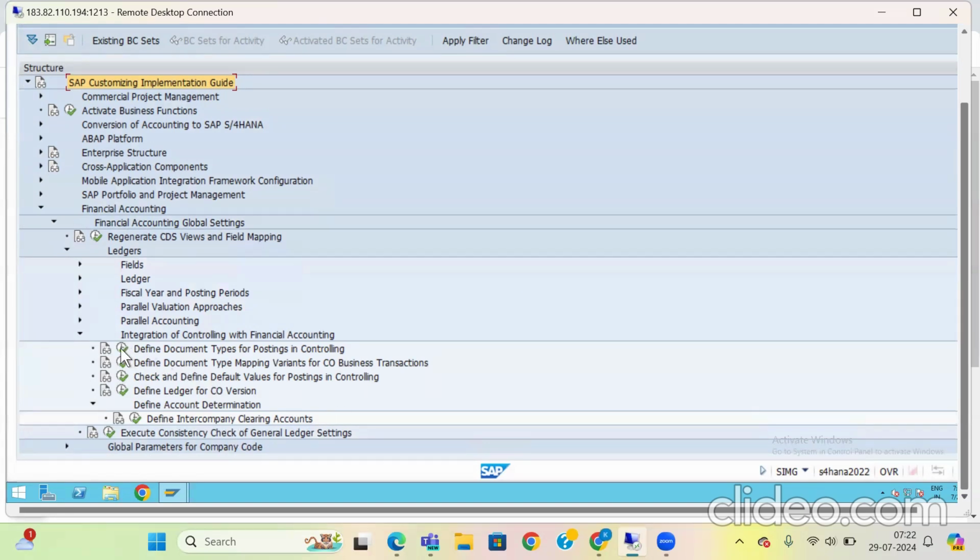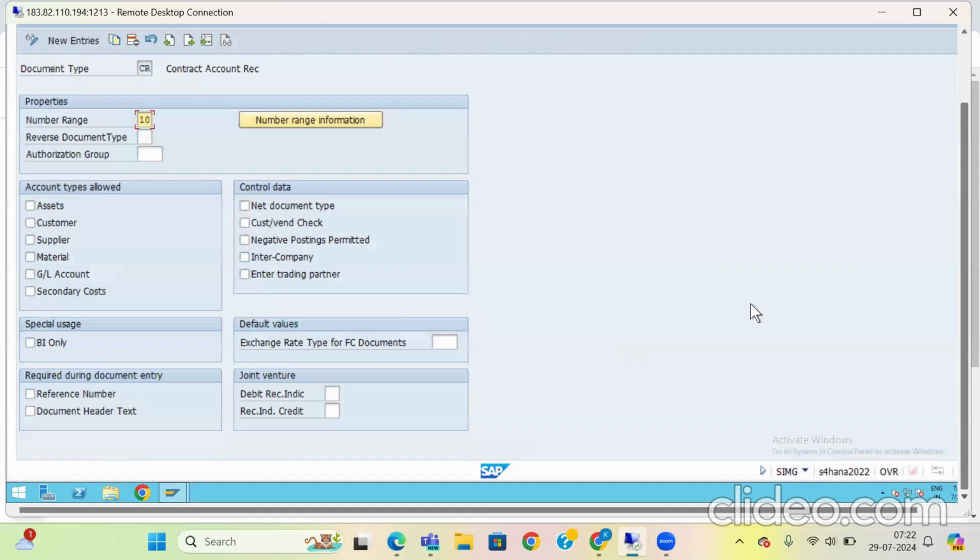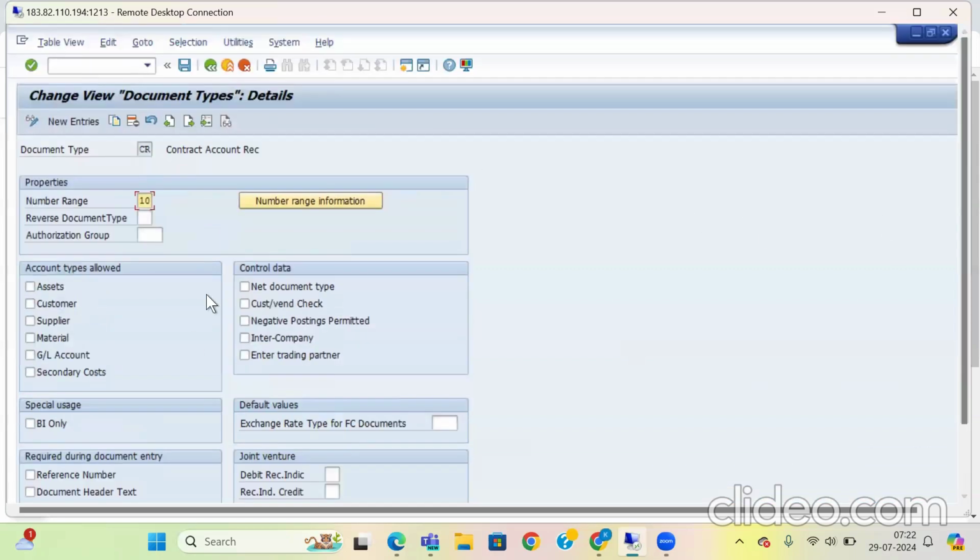First of all, you wanted to see what document types are defined, right? I just wanted to show you. We have different types of document types you can see, which are already predefined. The document types are a predefined list already created in the system. You just copy that to your